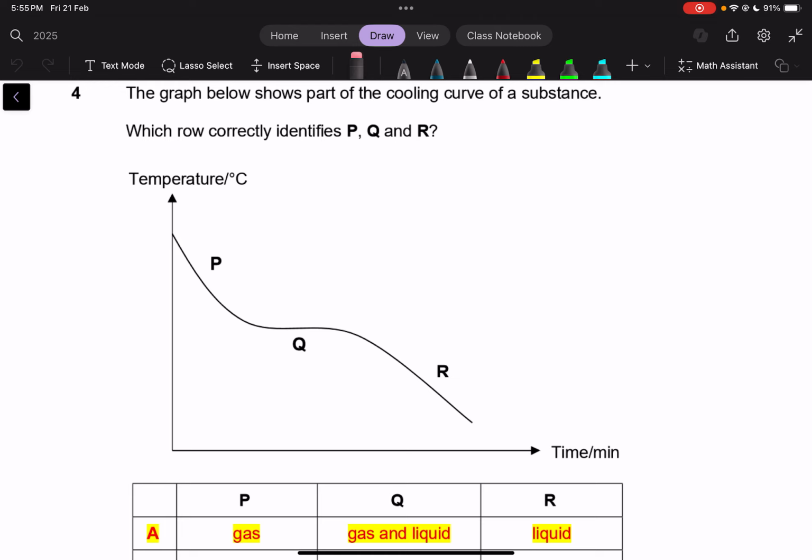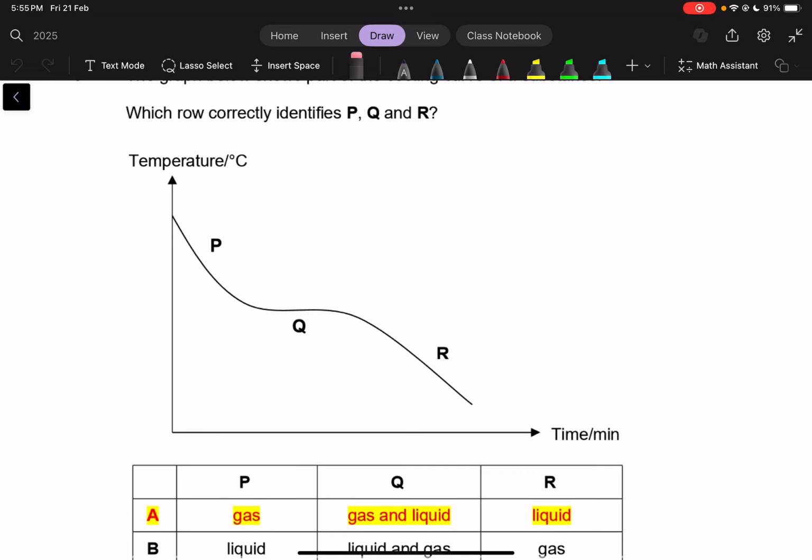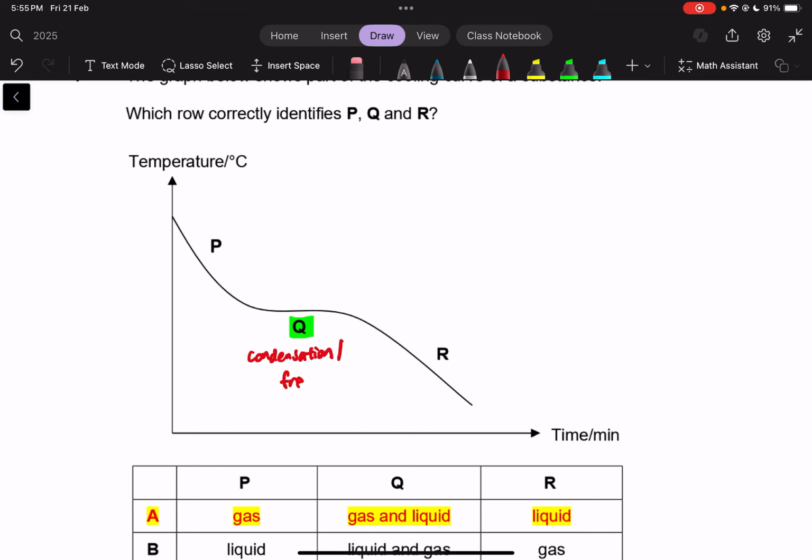Okay, so here right, we are given a cooling curve of a substance, and they tell us to correctly identify P, Q, and R. So right here right, if you can see for Q here, Q is where there's a transition in state. So likely there can only be 2 options for Q. So Q can either be what we call condensation or freezing, because it's a cooling curve. So it can only be these 2